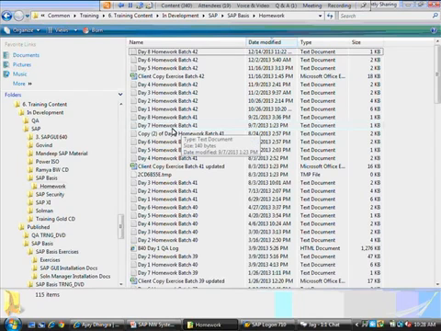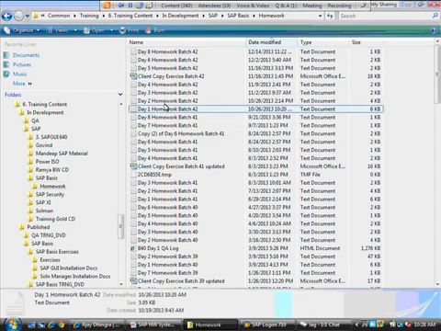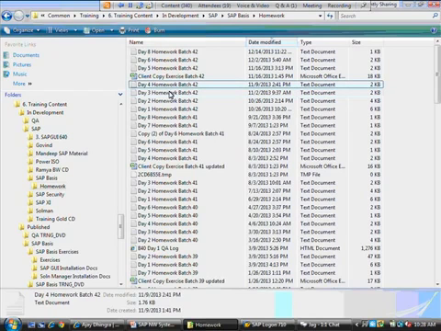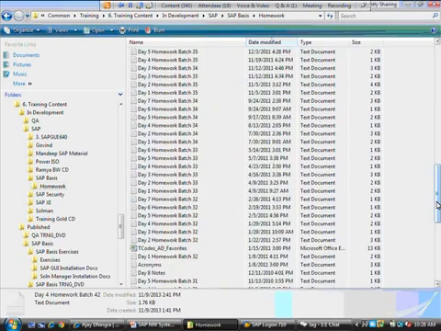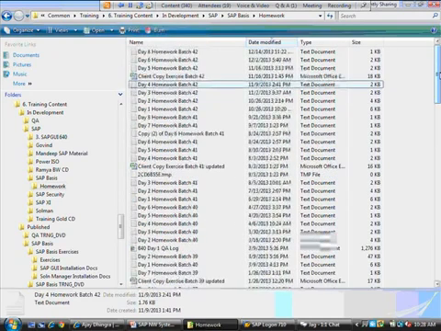Previous batch, day 1 homework, day 2 homework, day 3 homework, day 4 homework. And it's been continuing, so all previous batches have gotten it. And the reason it's not the same homework is because sometimes they change it depending upon what people ask in the class or areas they're struggling with.